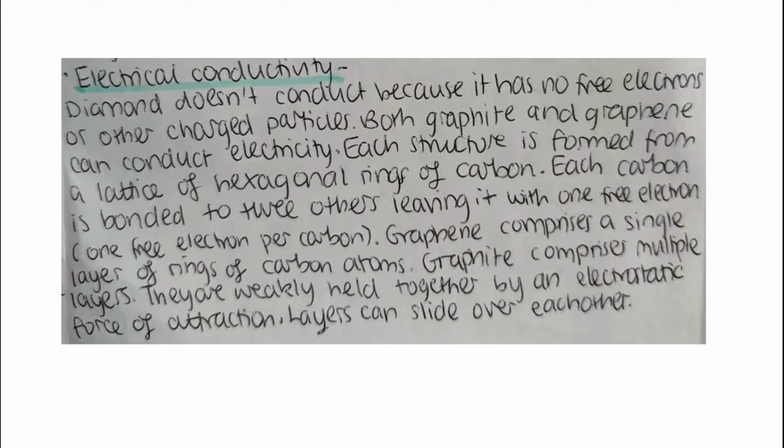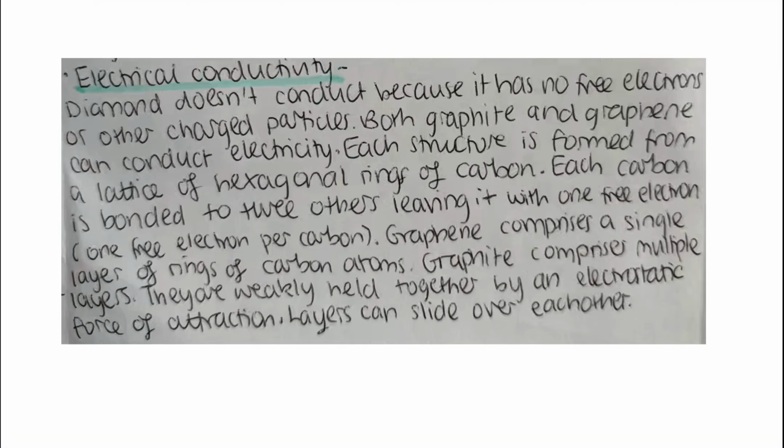So AS students, you do need to know that diamond doesn't conduct electricity, and that's because it has no free electrons or any charged particles. And graphite and graphene, they can conduct electricity because each structure has a lattice of hexagonal rings of carbon, with each carbon being bonded to 3 others, leaving it with 1 free electron, because carbon can form 4 bonds. So that 1 free electron can move and carry the charge, which means that graphite and graphene can